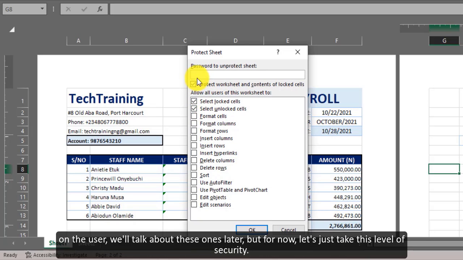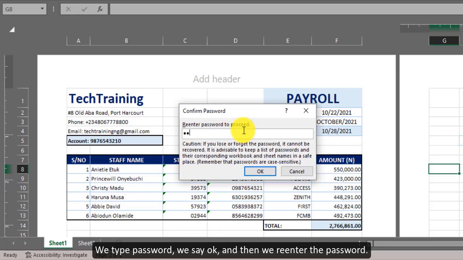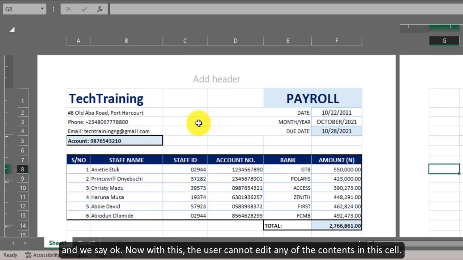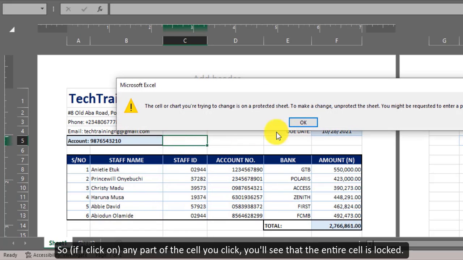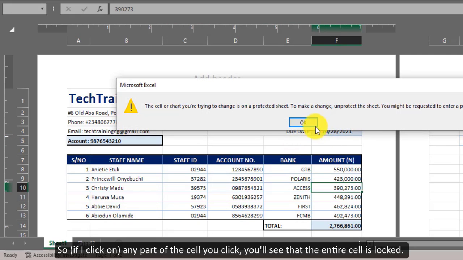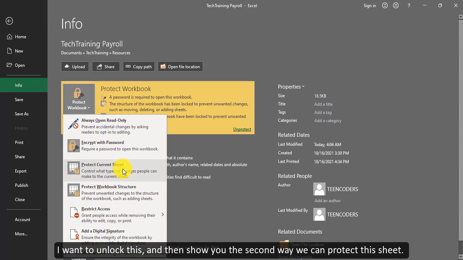We'll talk about these ones later, but for now, let's just take this level of security. We type the password, we say OK, and then we re-enter the password and say OK. Now with this, the user cannot edit any of the contents in this cell. If I click on any part of the cell, you see that the entire cell is locked. I want to unlock this and then show you the second way we can protect this